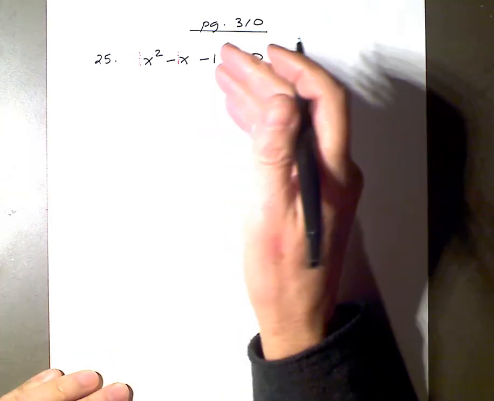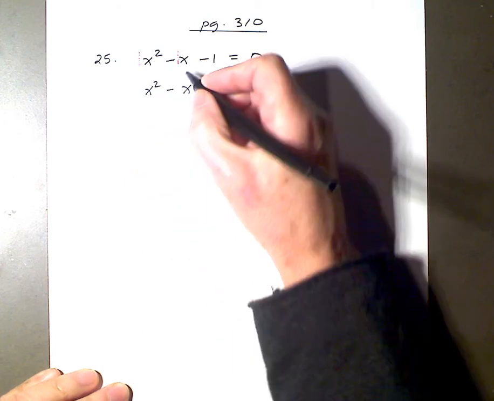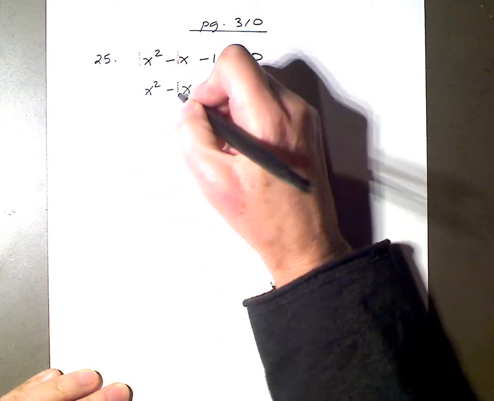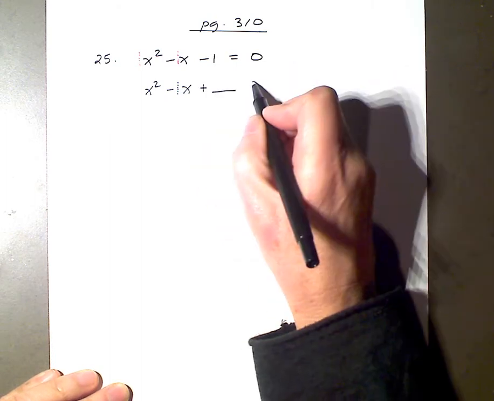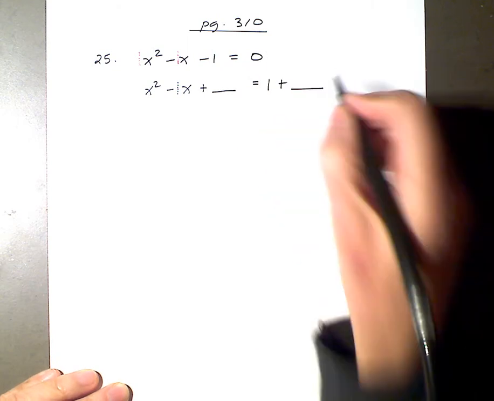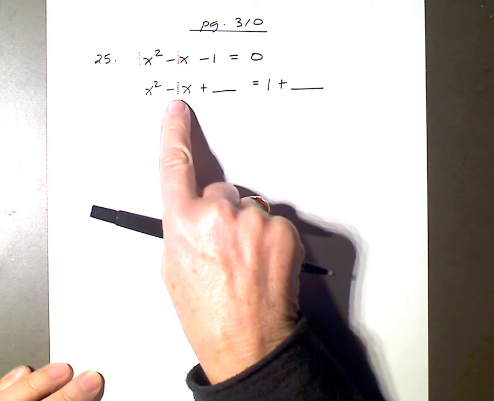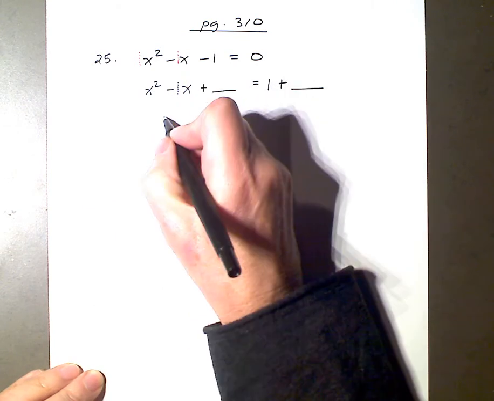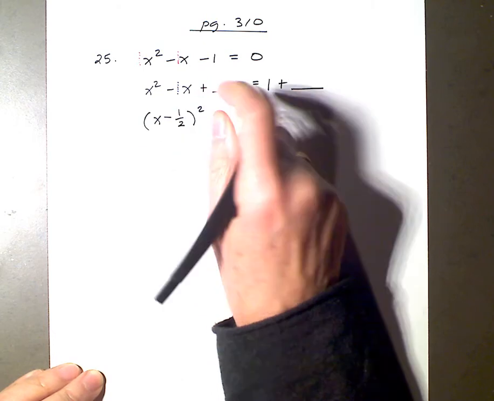So I'm going to keep the x squared minus the 1x, put that in as a negative 1, plus blank to complete the square on the left, equals, and I'm going to add 1 to both sides, so 1 plus blank on the right. So now I'm going to take half of b, half of that coefficient of negative 1, which is negative 1/2, and I'm going to say that the factored form of this trinomial will be x minus